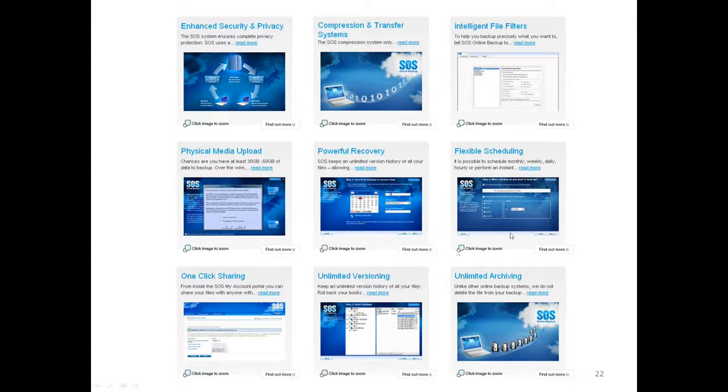Unlimited versioning and archiving, I've touched on it. Again, these are very powerful in terms of selling through to the mid-market because what it enables you to do is position this solution as not just a backup solution, but an access solution, a document management solution, a regulatory compliance solution. So because we've got the built-in archiving and the built-in versioning coupled with our security system, our online backup